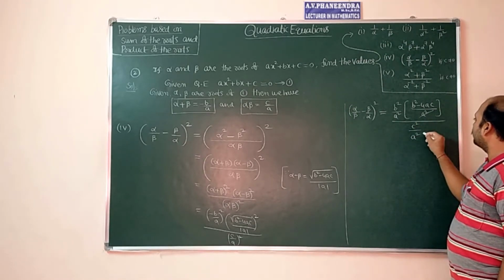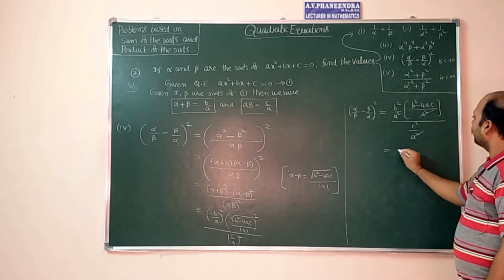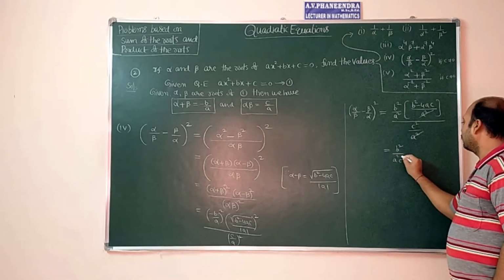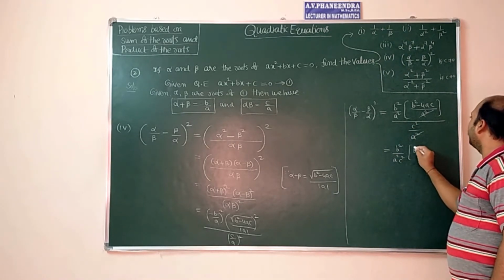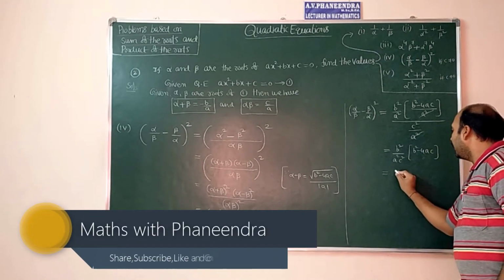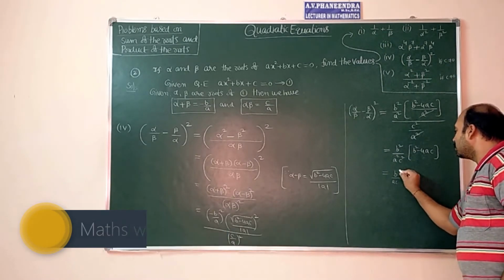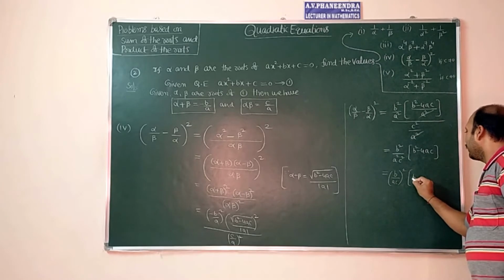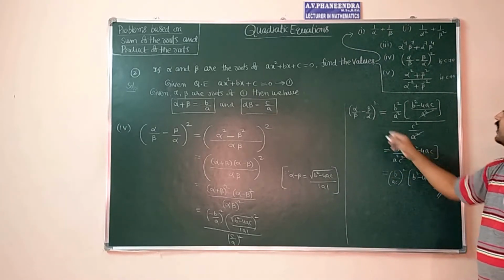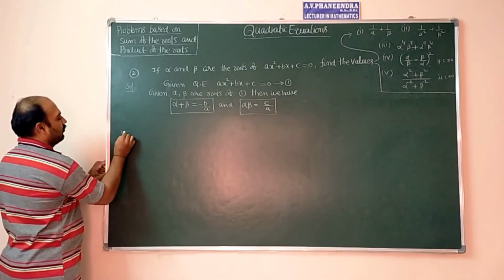So one of the a square value will be cancelled, which is equal to b square by a square c square into b square minus 4ac. All are having square, means b by ac whole square, no need to write, but simply b square minus 4ac. This is the way you have to write this value. Last question here, Roman letter 5 in this question.